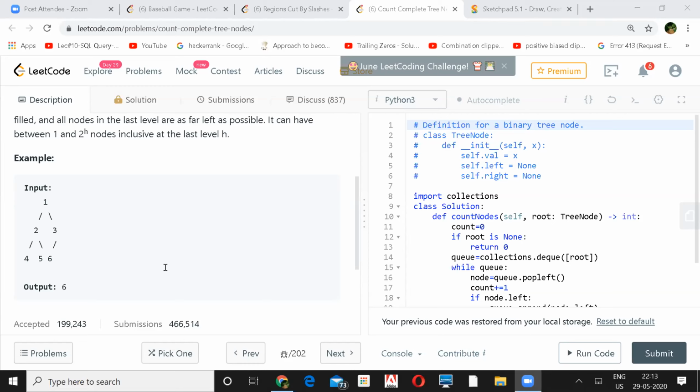But we have to think about this case, because it's a complete binary tree. How can we reduce the recursive calls, or reduce the space or time complexity, because it's a special case? In the last level, it's not necessary that the nodes are fully filled, right? What I mean is that normally we do BFS and DFS, but since it's a special case, we can think about how to reduce the time complexity.